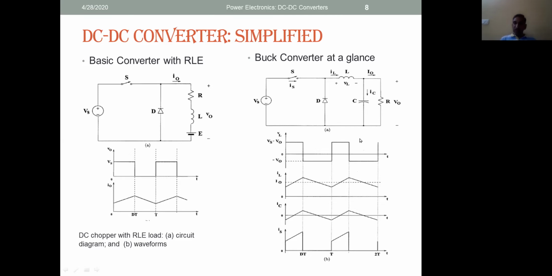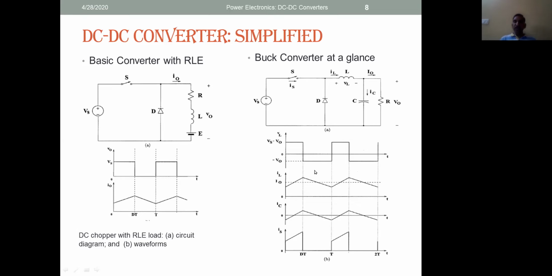then the current flowing through the capacitor and the current through the switch. See, during the on period, the current through the switch rises rapidly. The capacitor which was discharged is getting charged and current is going in the positive direction. Same is for the inductor, but this was below average. Now it is going above the average. And Vs minus V0 is a positive one.